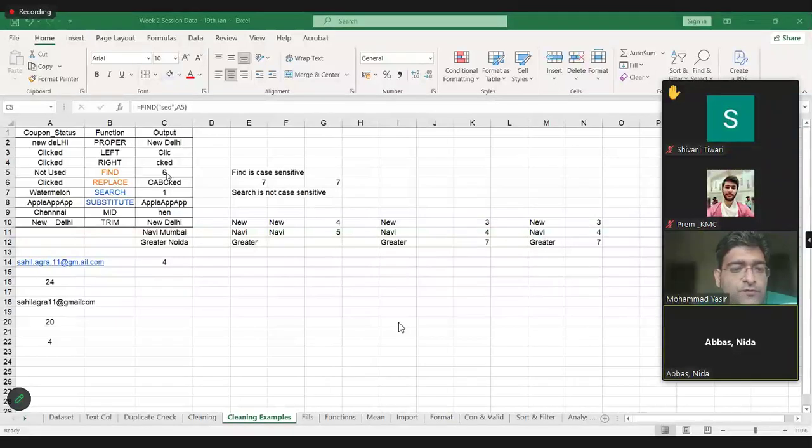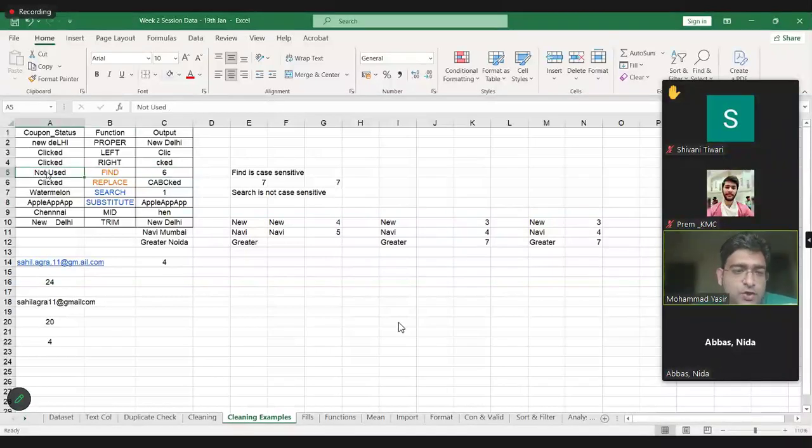Right now, we already know where we are looking and what value we are looking for. Lookup functions will help us identify, out of all of these, where a string like watermelon, let's say, or clicked is occurring. But right now we already know that we want to evaluate this string.